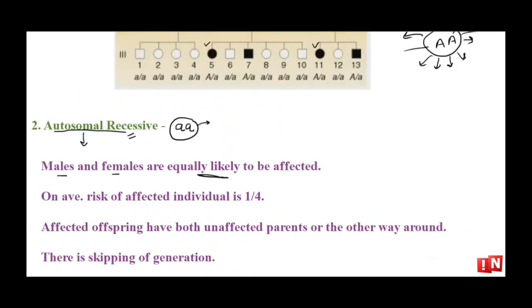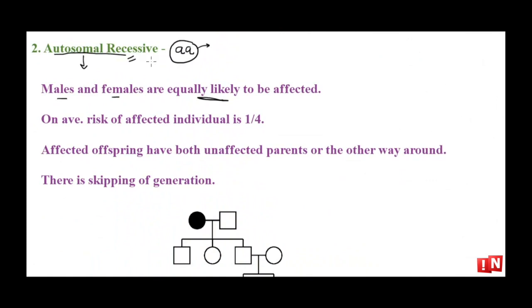It comes into picture only when we are talking about a recessive condition, because there have to be two alleles. So in the heterozygous condition, even though there is one allele, it is not going to show the disease, but it will pass on this allele to the next generation. So the risk of an affected individual comes into picture when we are talking about carriers, because it's a recessive condition,